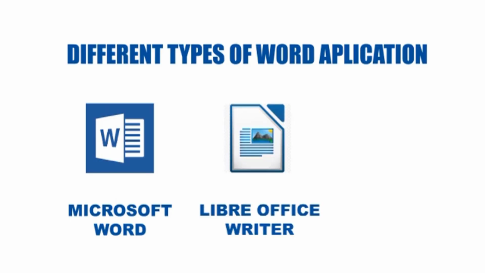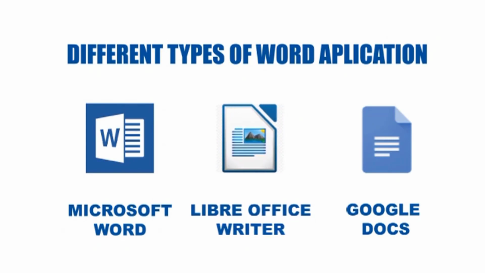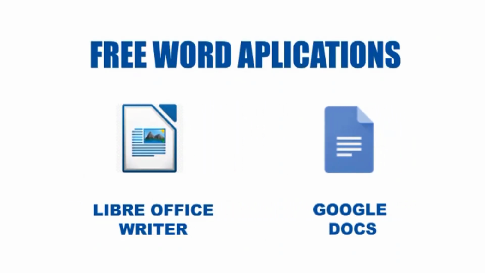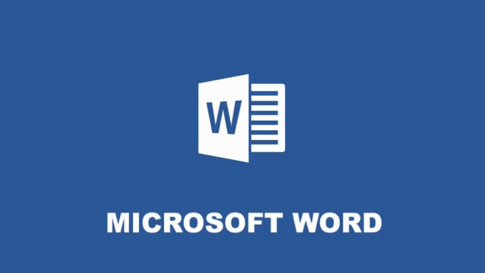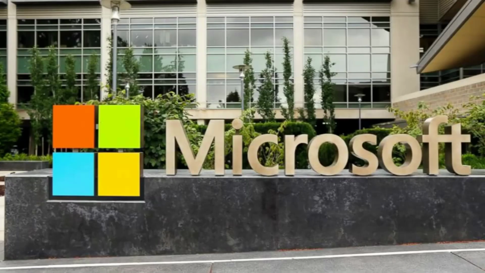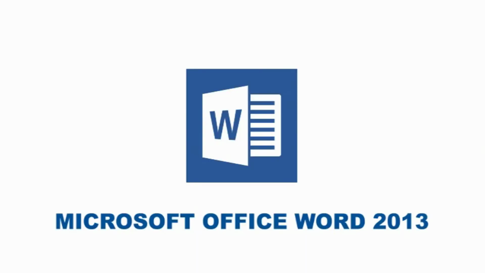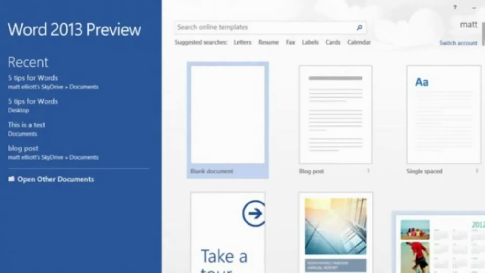There are many different types of word processing applications, some free to download, some we need to buy, and even some that allow us to work online and collaborate with others. Examples of free word processing applications: Office Writer and Google Docs. The most popular example of a paid word processing application is Microsoft Word from the Microsoft Corporation. Throughout this course, we will be working with Microsoft Office Word